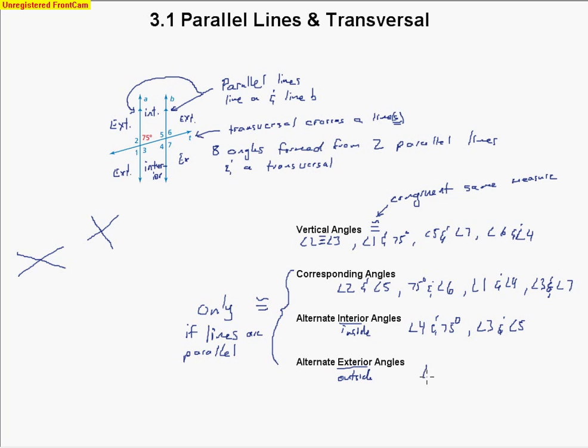So angle 2 and angle 7 are going to end up being alternate exterior, along with angle 1 and 6. Angle 1 and angle 6. And so those are different terminologies that help us figure out whether angles are the same or not,